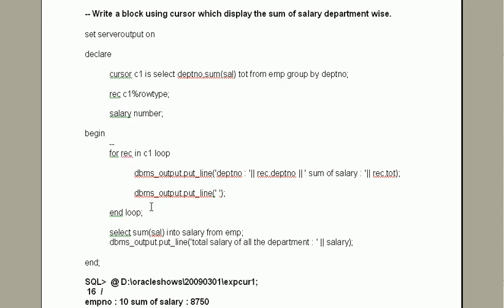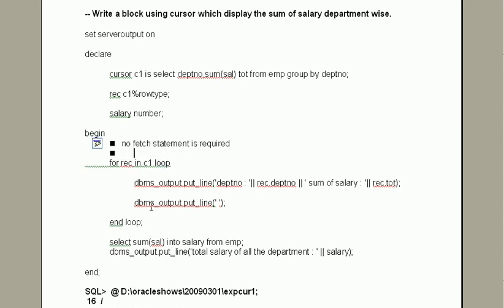Here you can see no fetch statement is required, and no declaration of REC is required.